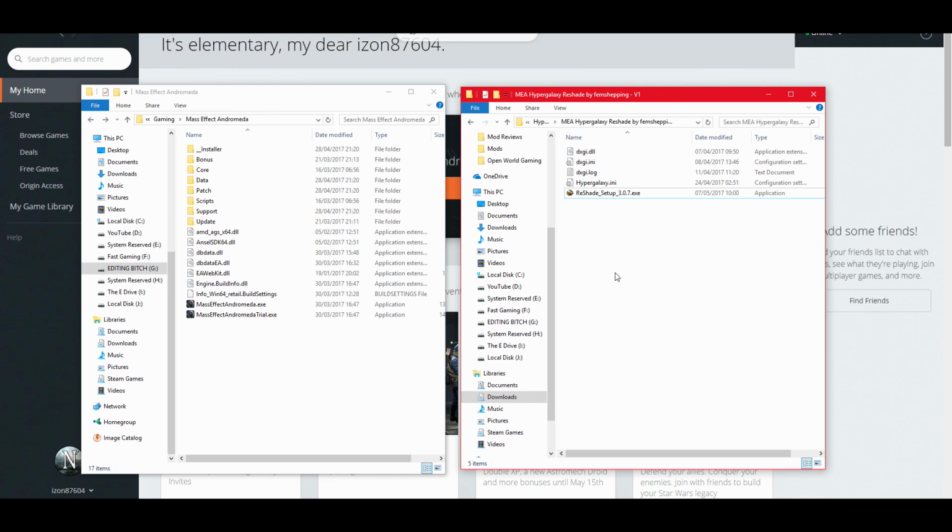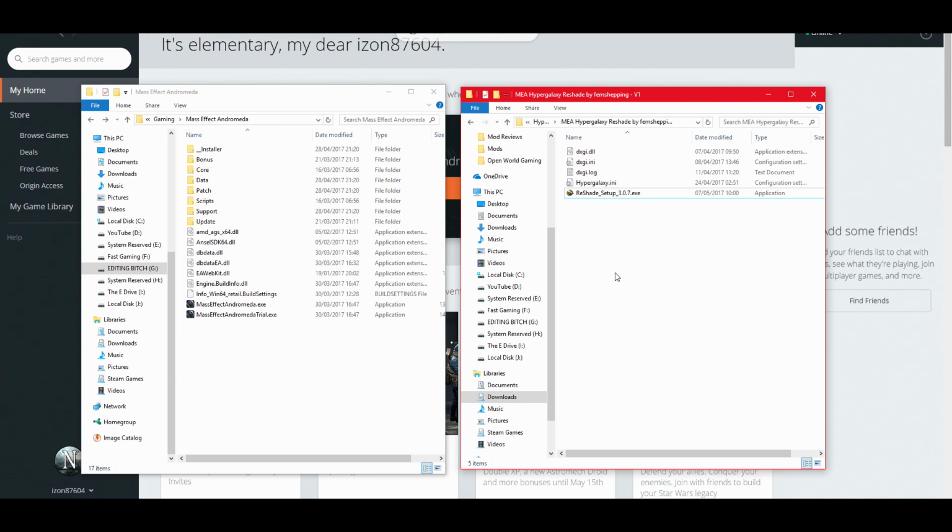Now, for me, it's a little bit trickier than it would be if I had my games installing to the normal C drive, program files, Origin games, Mass Effect Andromeda. If I was using that file path, things would be a hell of a lot simpler. But because I've installed them on a different drive, as I like to keep my main drive a bit clearer, a bit nicer, I install my games to a different drive. So this means that I have to do a little bit of jiggery pokery in the ReShade setup